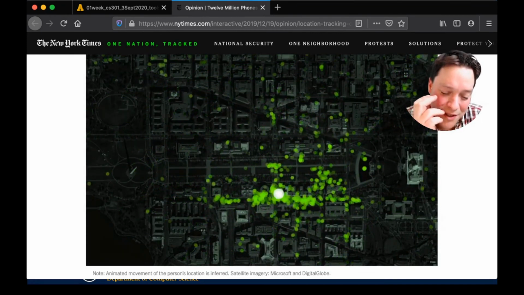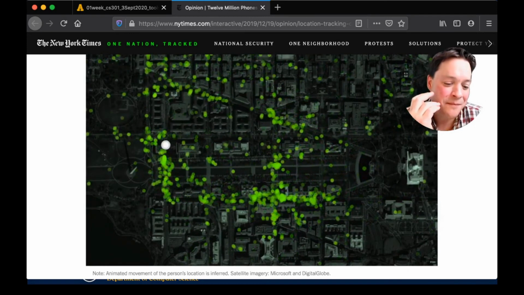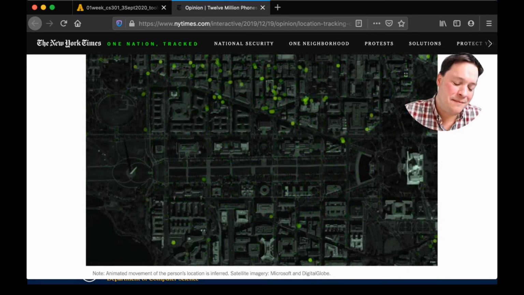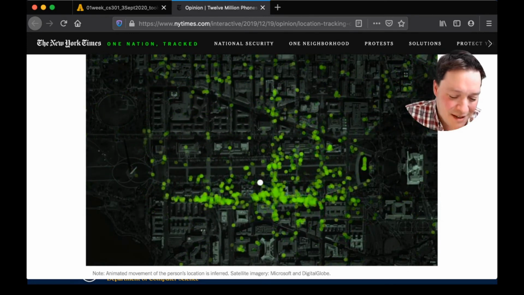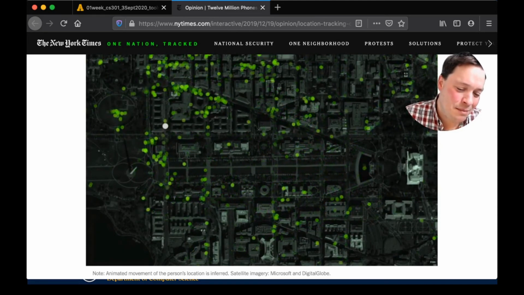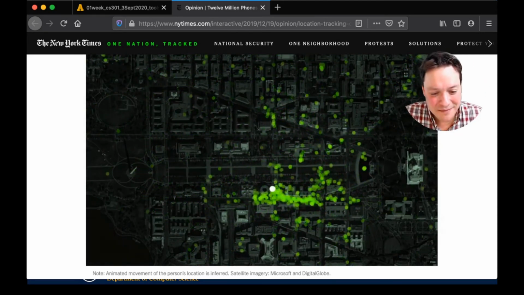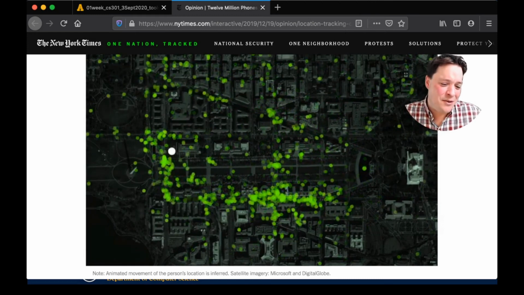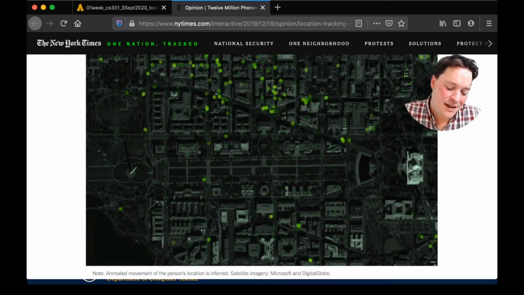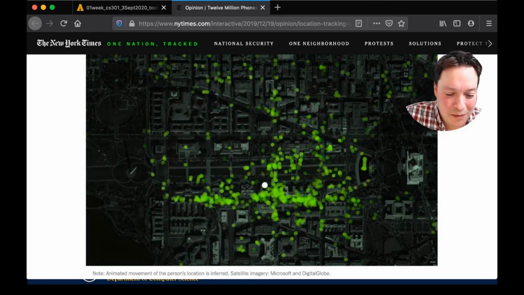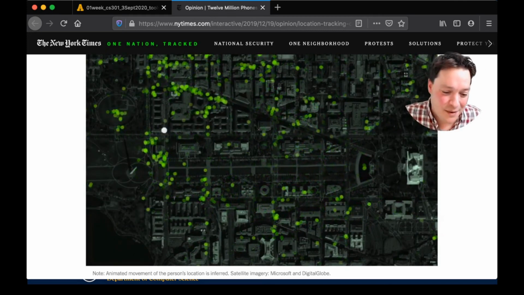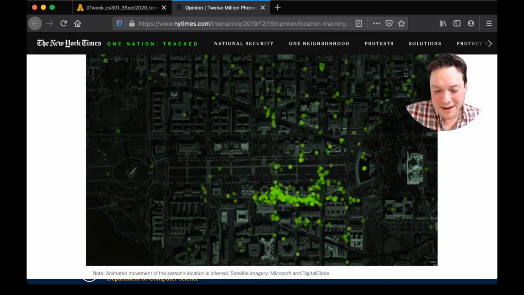Of course, you have many, many millions of different phones out there. But if you think about it, you live in a house at a certain address, and you work at a place at a certain address. So all they need to do is go to that house, find the physical address, and find out what phone signals they're getting coming from that location. And they'll probably get maybe a handful.